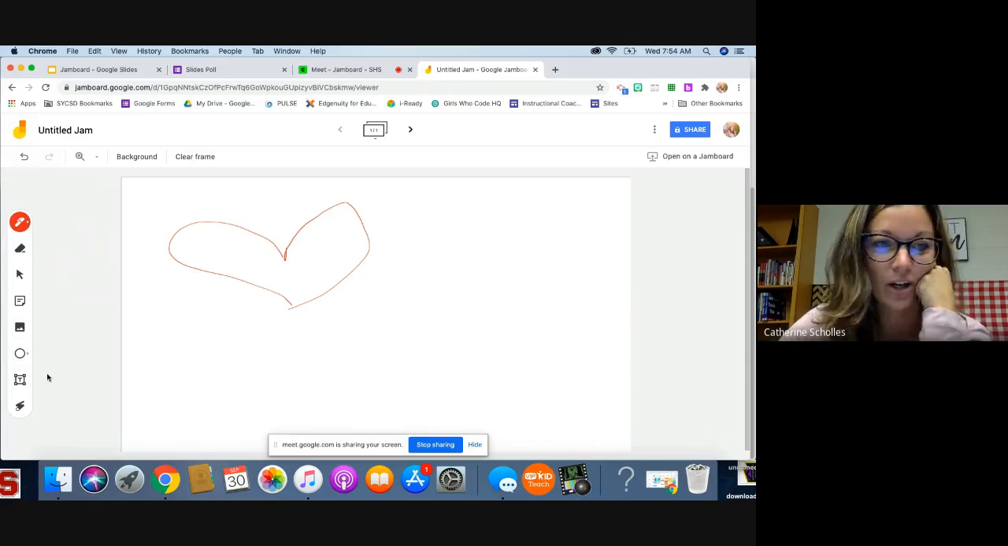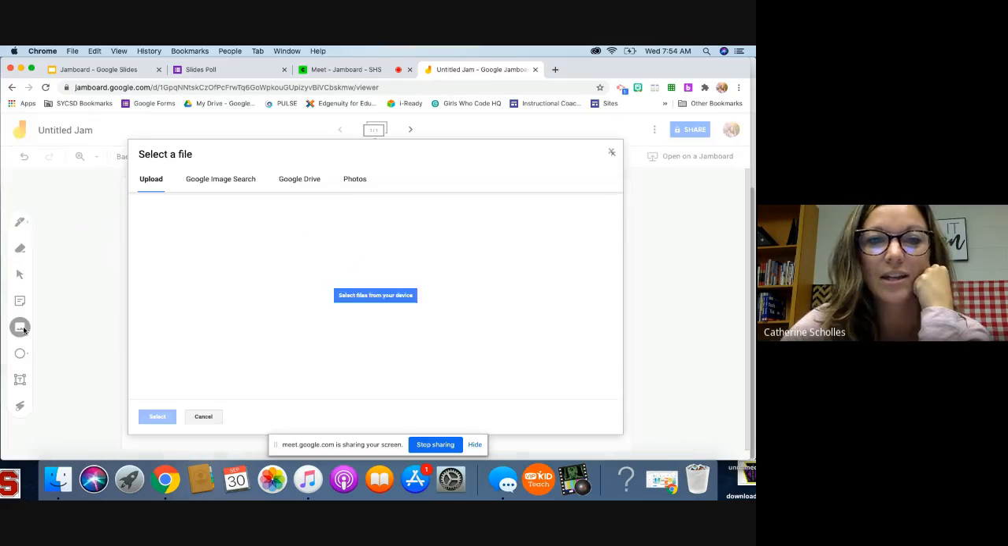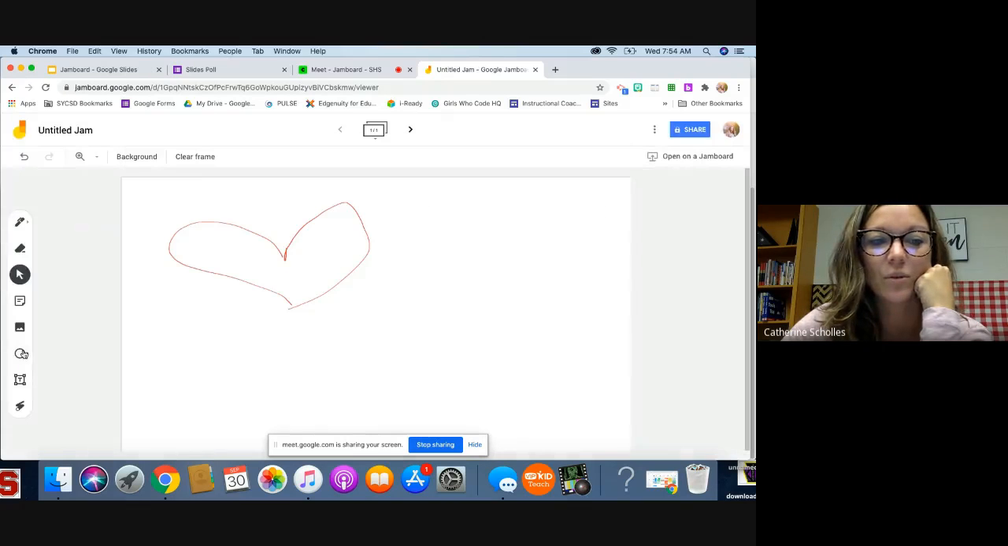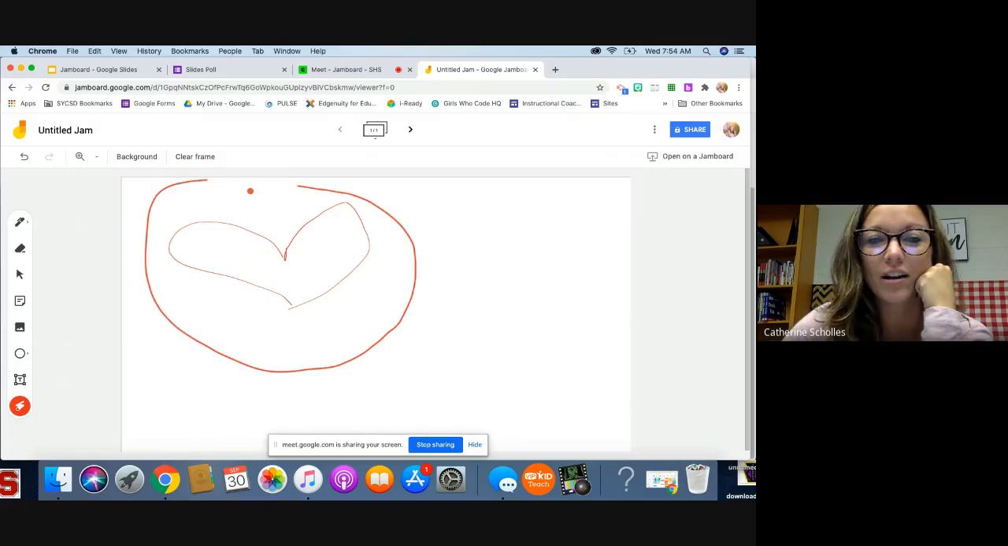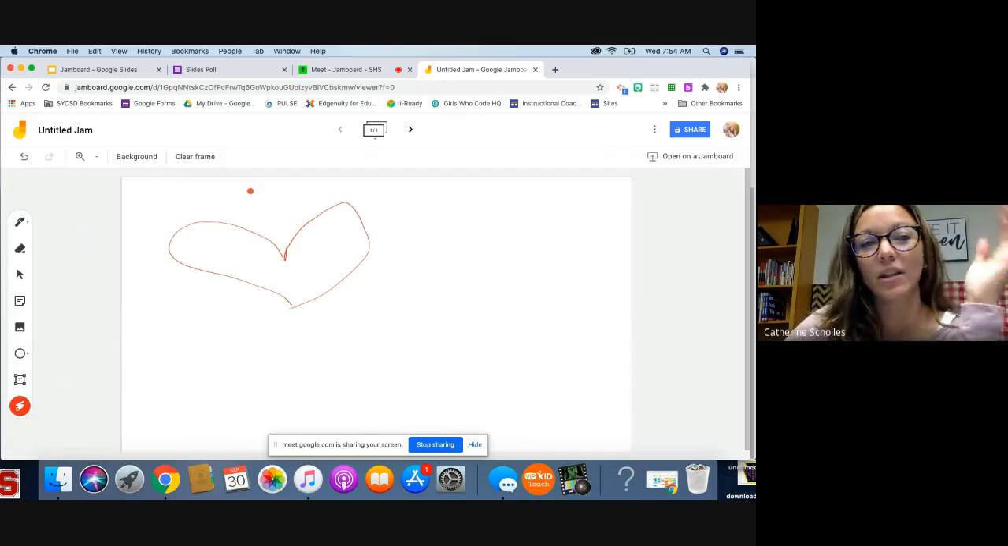There's my rudimentary heart. You have an eraser, sticky note, and picture. You can add anything from a Google image search or from your Google Drive. You also have shapes and text boxes. The laser is the only thing I just wanted to show really quick, because it doesn't stay, it goes away. So if you're over here in this heart and you want to point something out, the laser will then